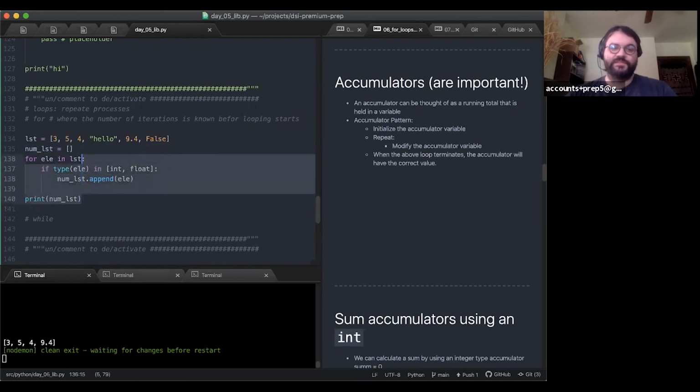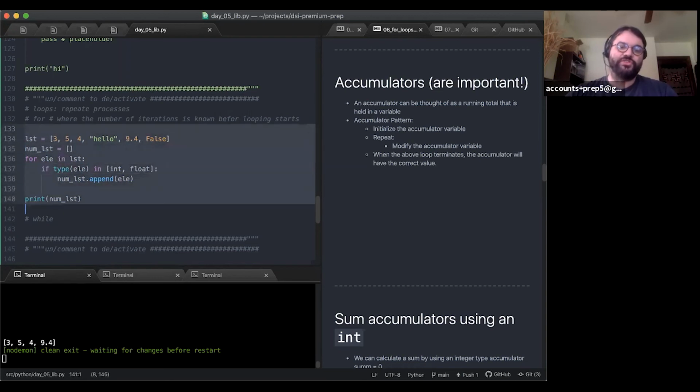This pattern is simple and it gets a lot done. So it's hard to overstate the importance of the accumulator pattern. It's something that you're going to do basically all the time. Sometimes it gets called the everything algorithm. There may come a point in your coding where you're going to realize, it feels like I just write functions with accumulator patterns in them all day, day in, day out.